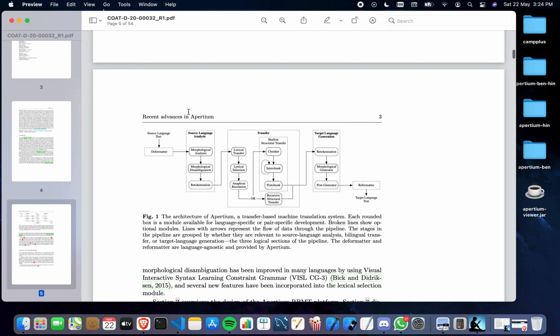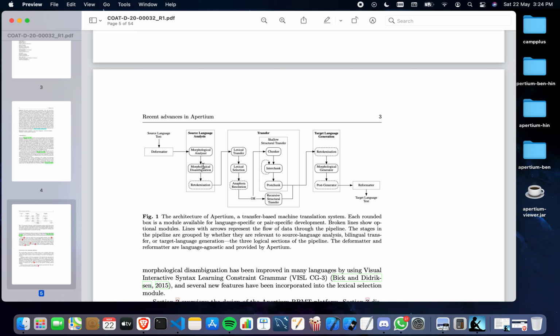Let's go through this. In this rule-based machine translation system, we are taking in the source language text, passing it to the deformatter, which goes to the first section of the RBMT, which is the source language analysis part. Here it goes to the morphological analyzer, then it in turn passes to the morphological disambiguation section, then it passes to this phase called the detokenization phase.